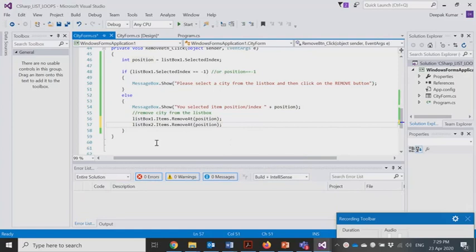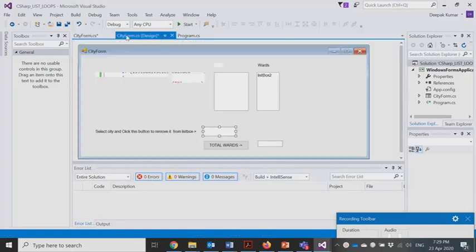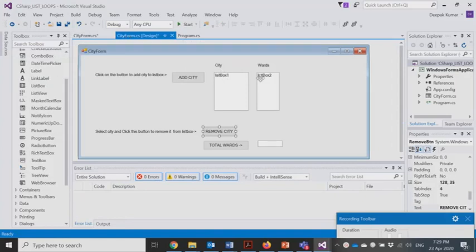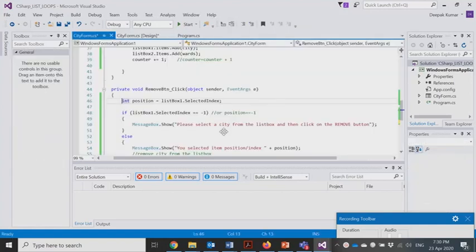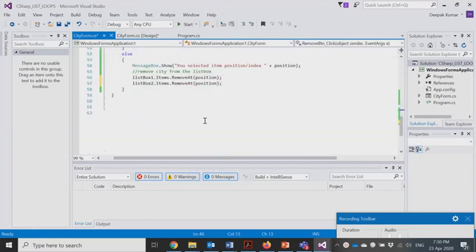So this will remove the item from list box 2. So that issue that we had when we were removing the city, where the corresponding ward number for that city was still existing there, is now fixed, because in list box 2 we have added a remove command as well. Alright, so that's what we have done.